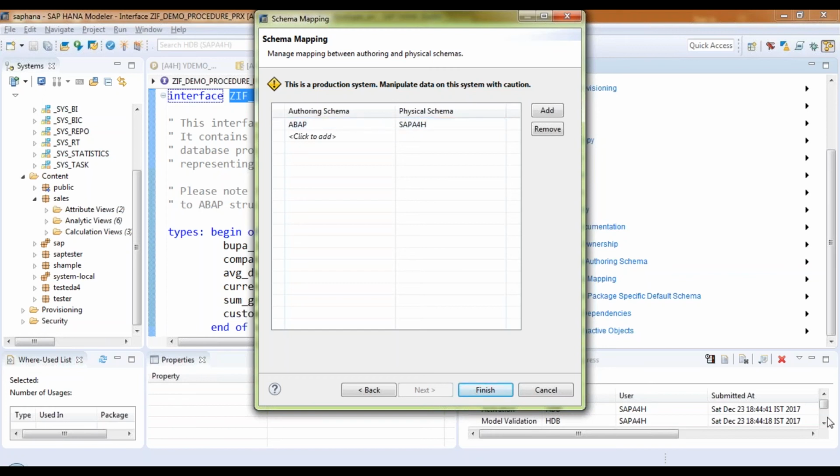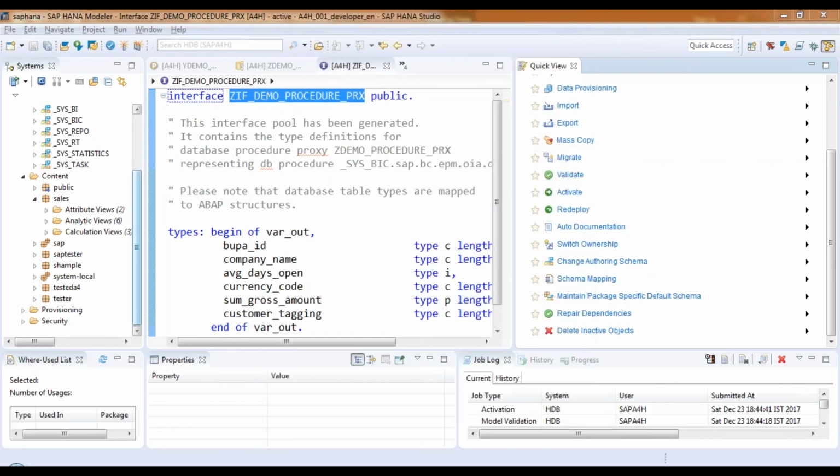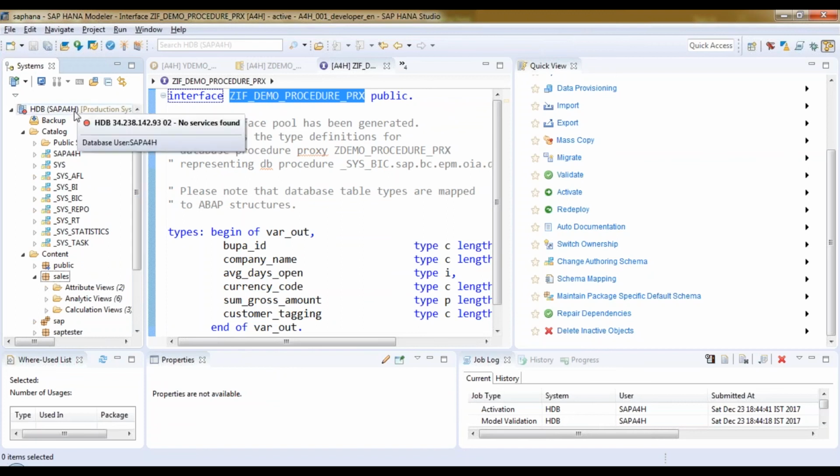Hope this is clear. Very important interview question. How is the schema managed by ABAP? Because when your ABAP system is connected to the SAP HANA system, currently it's a dev system, so the schema name is SAP plus your system name. When it goes to the quality system, it will again be SAP and the quality system name, which is probably Q4H. So HANA takes care of the mapping between the actual HANA database schema and the ABAP system related schema. Okay, that's called the schema mapping concept.